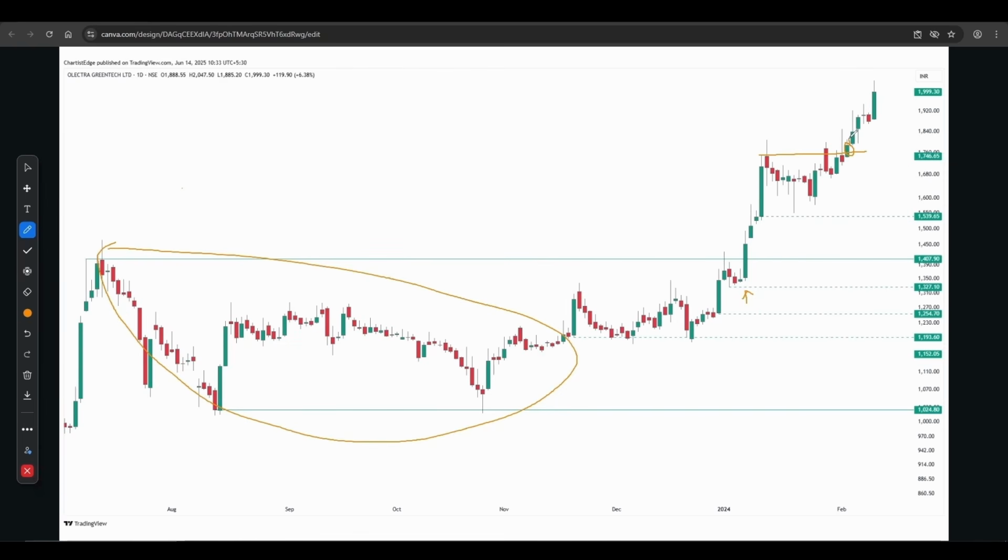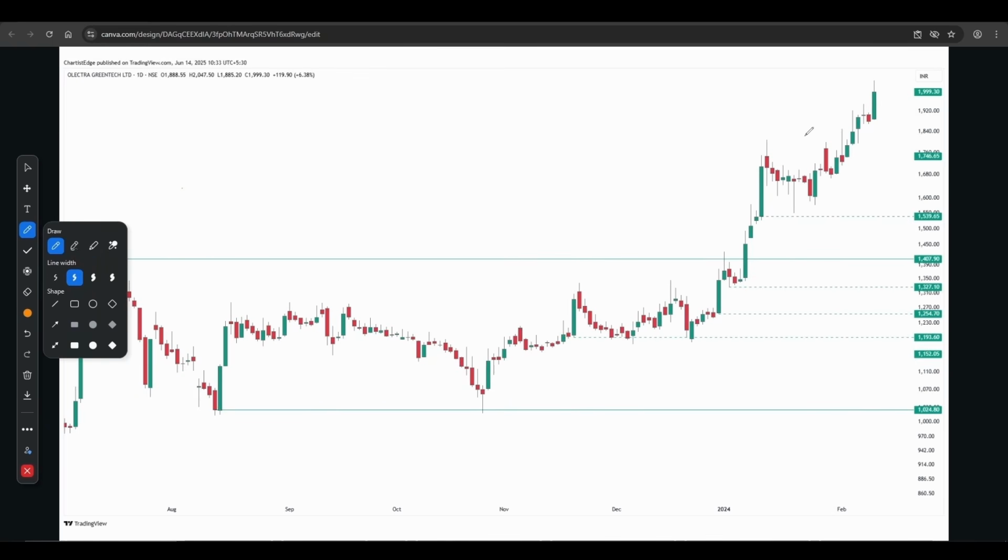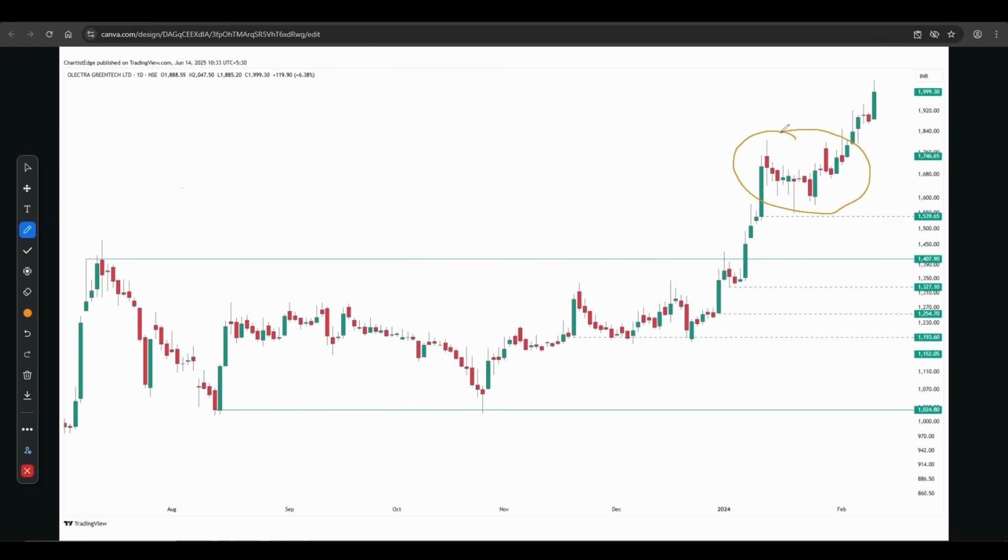It closed above it, gave you a good follow through, good contraction. Now this would be our point of entry if we were looking for a contraction structure, but this kind of price structure may work after the price has lifted from the basing structure. Most of the time it will not work when it is happening in this area, because there is no historical data or the buying pressure needed to push the price higher after this kind of selling